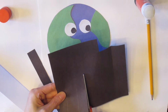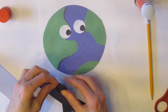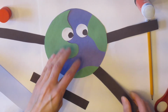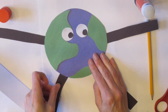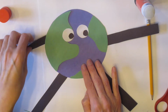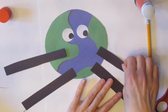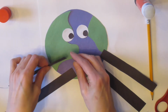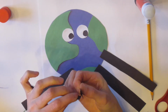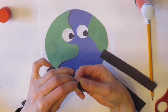You'll see I've made 3 lines so that I can cut 3 more times, and that gives me 4, 2 arms and 2 legs. Now at this point you could leave the arms and legs like that, but I'm actually going to give mine a little bit of a 3D effect by accordioning them. So I'm going to take the first tip and I'm going to fold towards me, and then I'm going to fold away from me. I'm going towards and away,